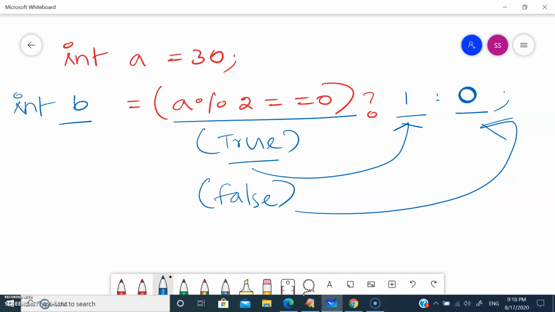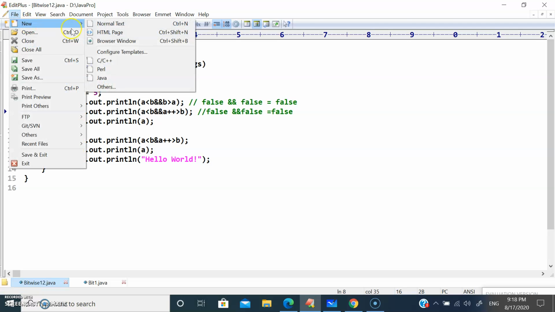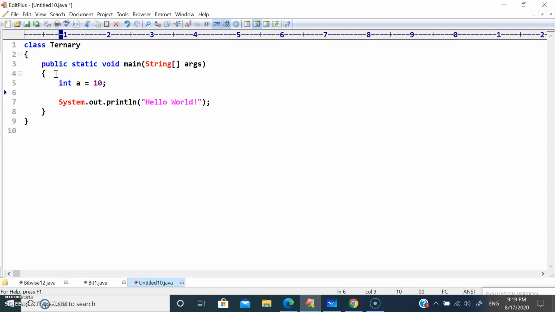So let's write a simple program for this. File, new, Java. Let's take Ternary. Let's take int a is equal to 10. Let me check the condition: if a modulus of 2 is equal to 0, then 1, or else 0.